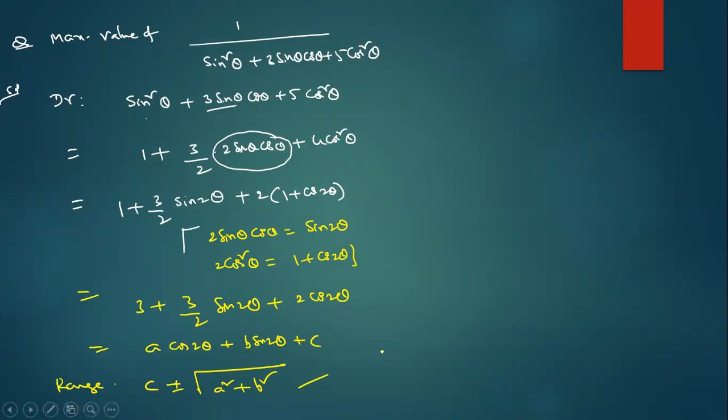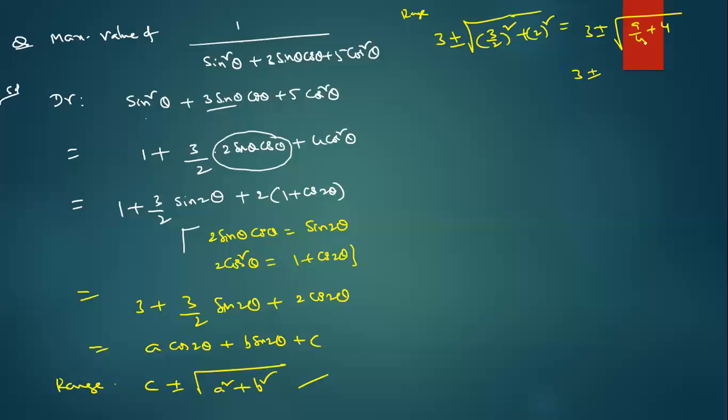That's the meaning. Now, see carefully. C means 3 plus or minus the root. What is the range? Directly find out the range: 3 by 2 whole square plus 2 whole square. So please help me, 3 by 2 squared is how much? 9 by 4. So that means 5 by 2 is coming. So 6 plus or minus 5 by 2: 1 by 2 or 11 by 2. Correct? That means 1 by 2 is less than or equal to.